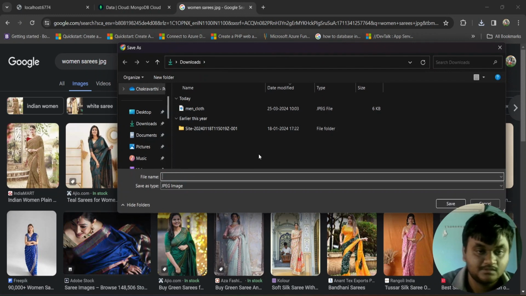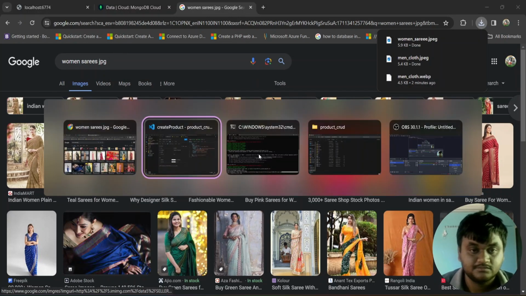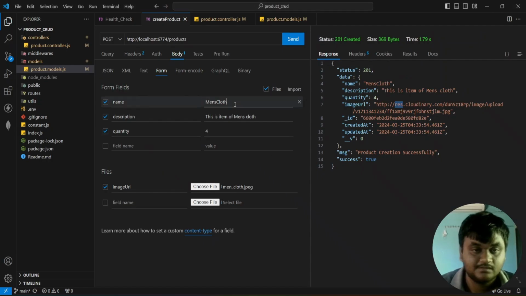JPG image, woman saree. Go to the women's saree,